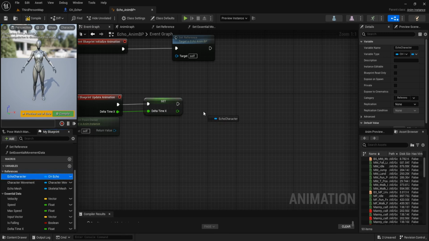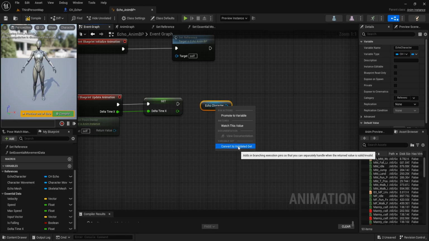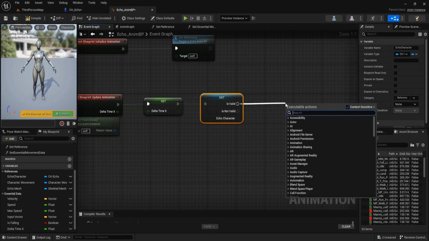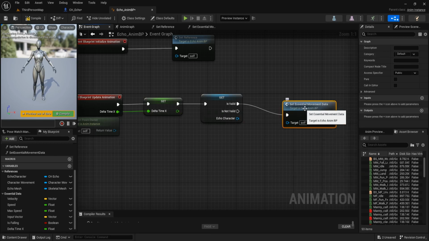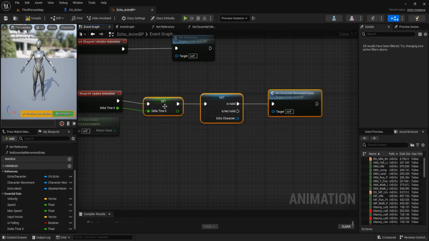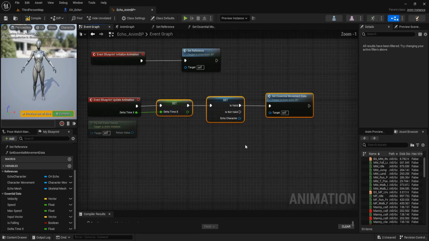Then get Echo character, right click and convert to validated get. If it's valid, we call set essential movement data function. And we get this data every tick.